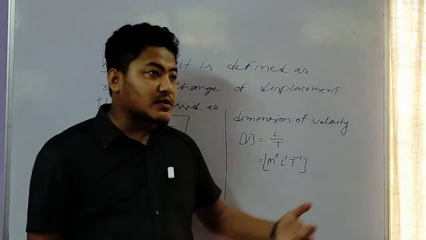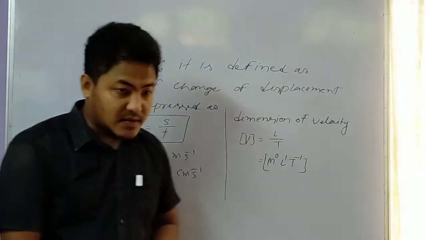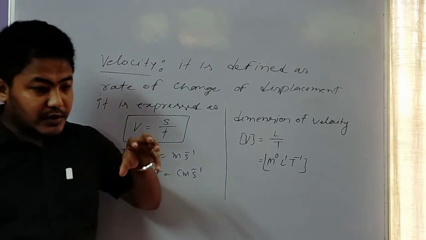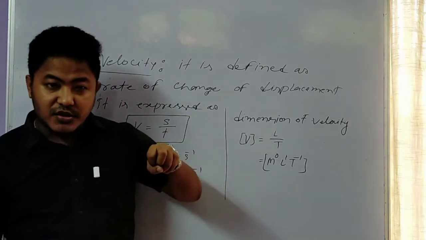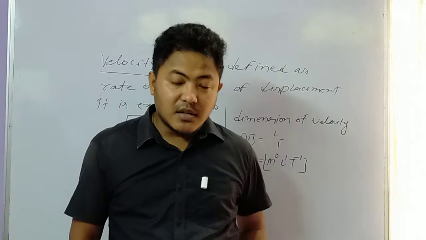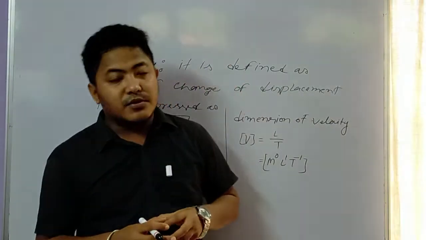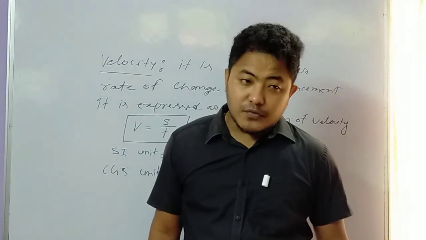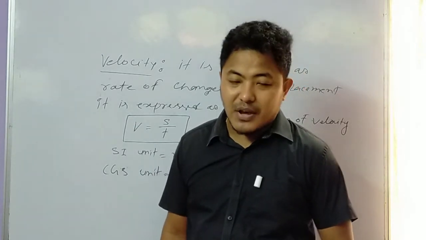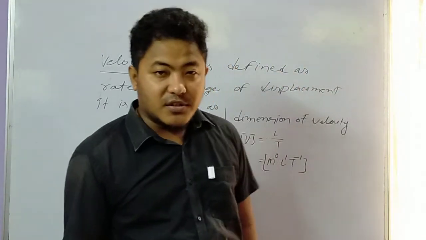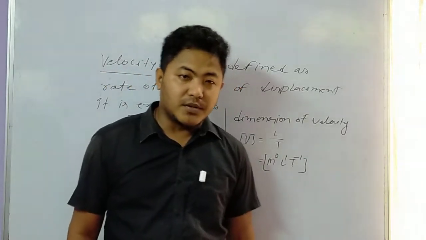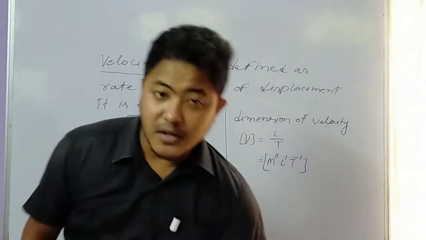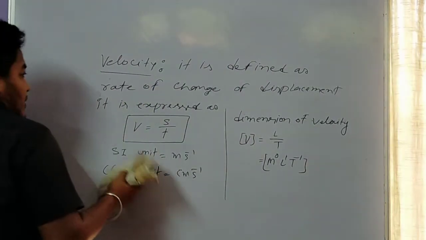Understand? Next, we told you in the previous class about motion. So what is motion? I told you that if a body keeps changing its position continuously, then it is called motion. There are two types of motion: uniform motion and non-uniform motion. We have studied all this and you know it, so I am not going to explain it again. Distance and displacement we have discussed. One more thing to discuss,